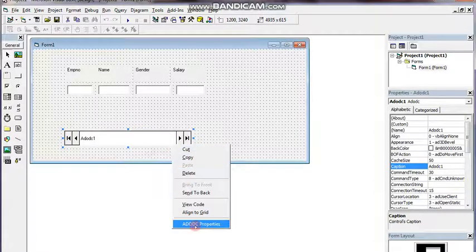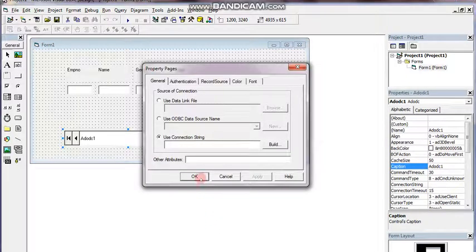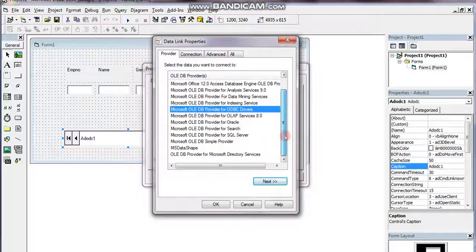Then we can choose ADO-DC properties. In these properties, we have to specify the driver name as well as the database name. Fine. So how I am specifying it, all of you please notice. Use connection string. In this case, I have to choose build. When I click on build, it will show you a list of databases, a list of drivers